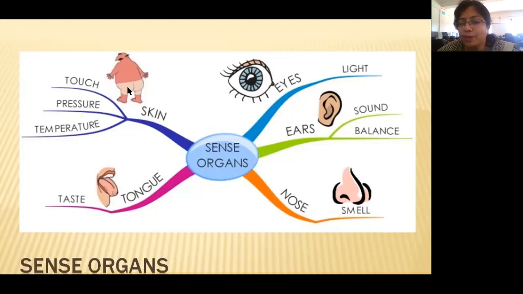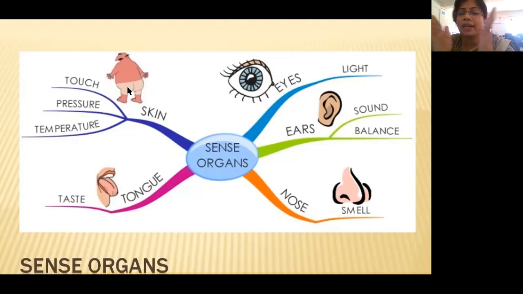Now what I want you to do is take out your tongue and look in the mirror. What are you able to see on your tongue? A pink color, yes, a light pink shade. Children, if you see closely, you can see small buds on your tongue. Those are nothing but the taste buds. Those taste buds help you to understand different tastes.